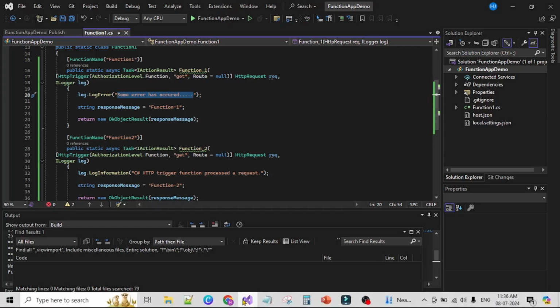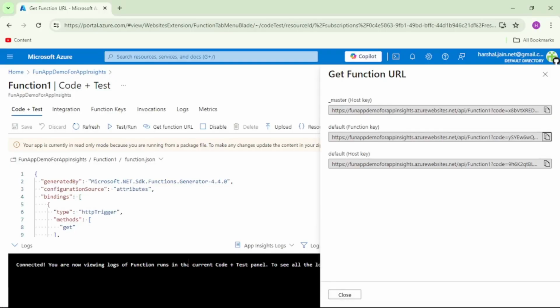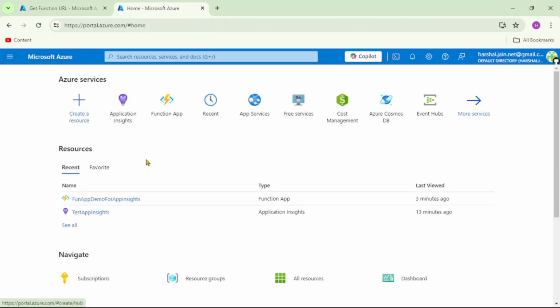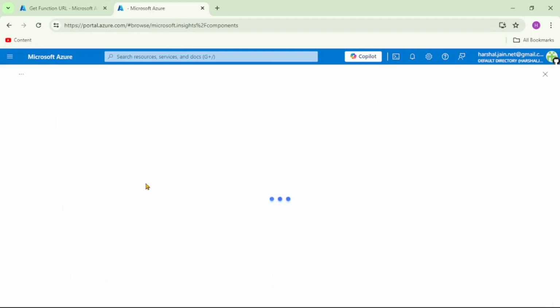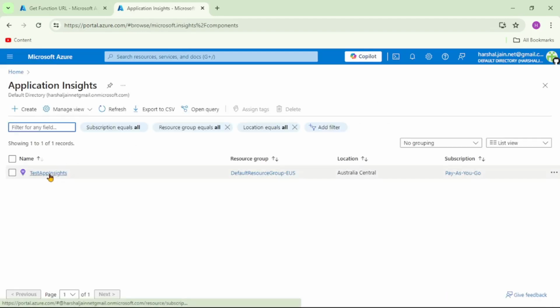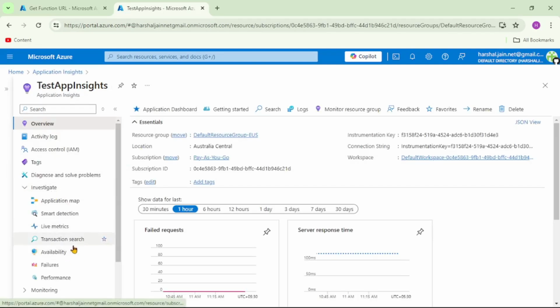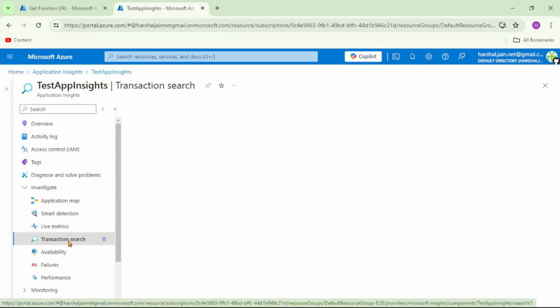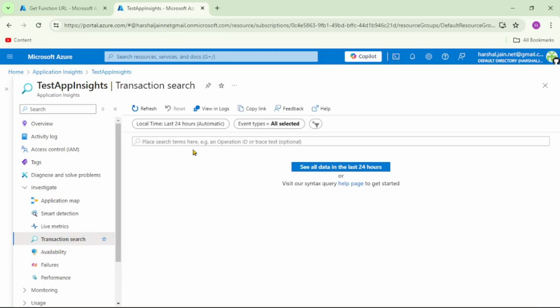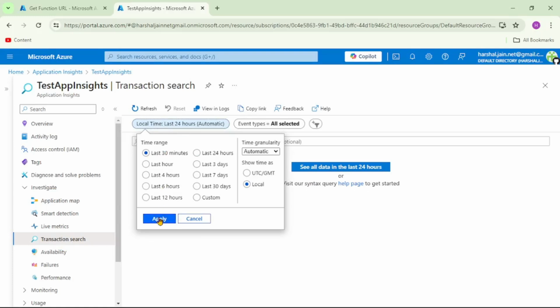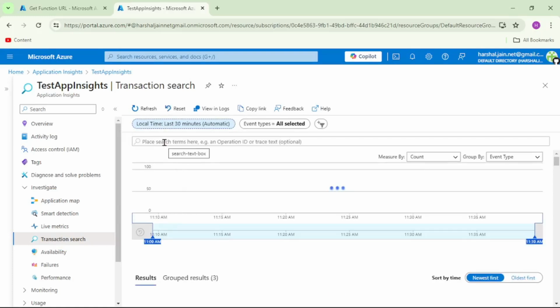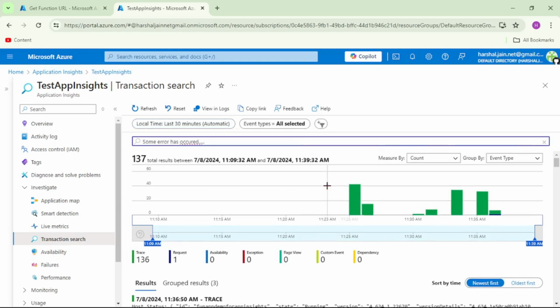So I will copy it, let me duplicate this tab, I'll go home, let's open App Insights, and this is the App Insights which is configured with our function app. Let's open it, let's open Investigate, and under that let's click on this Transaction search, and here I will say last 30 minutes, apply, and here under this search text field let's enter that text and let's press enter,